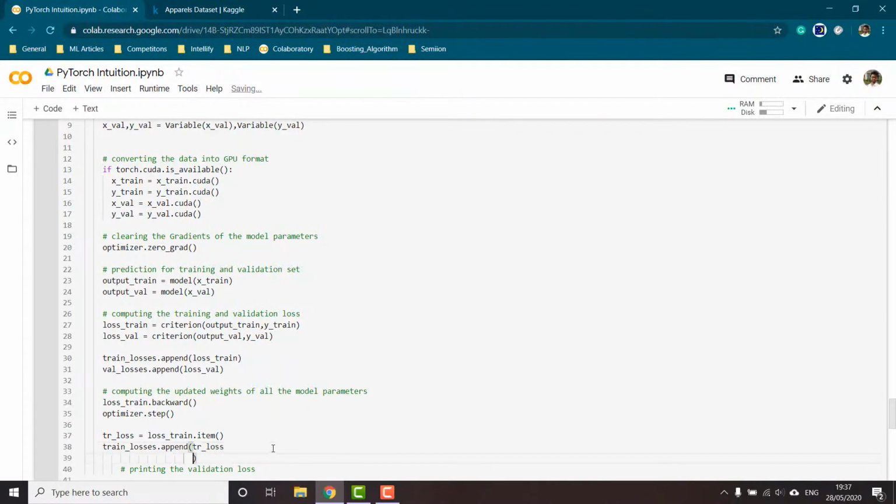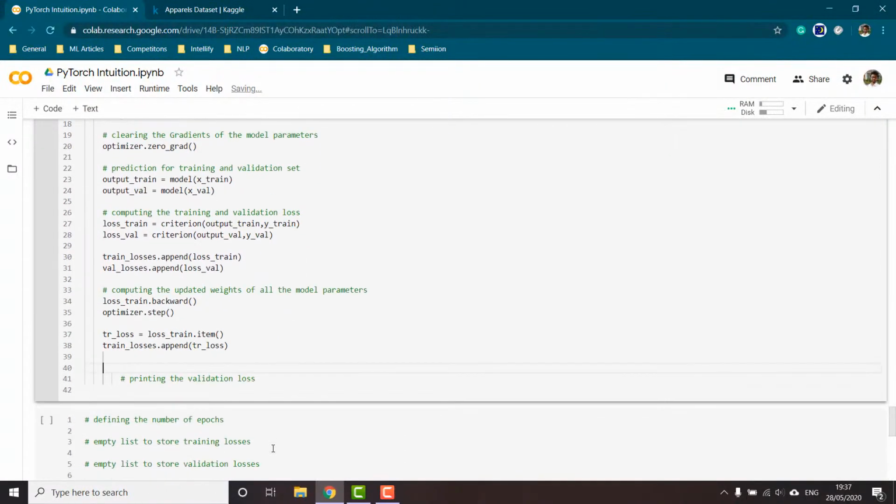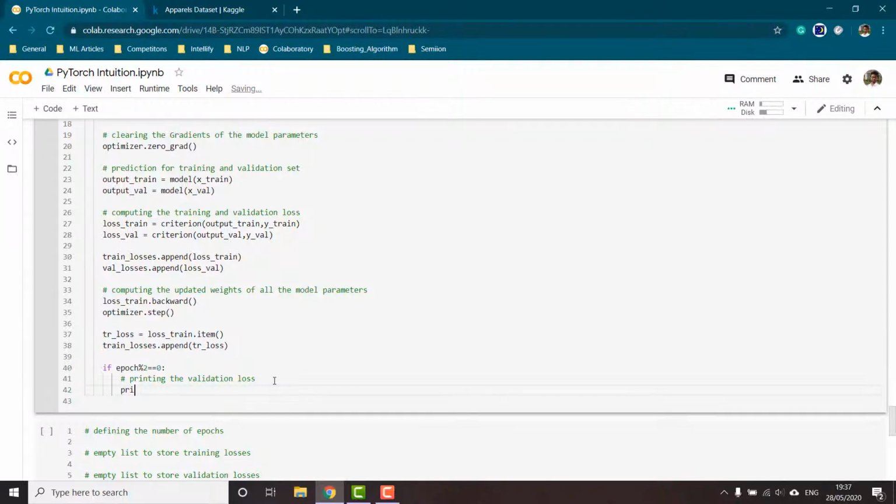Then at last we are going to print our model as it goes through each epoch. So for that I will be adding: if epoch % 2 == 0. What this will do is, for every 2 epochs we are going to print our validation loss and the number of epochs. So print epoch, which will be equal to the number of epochs.